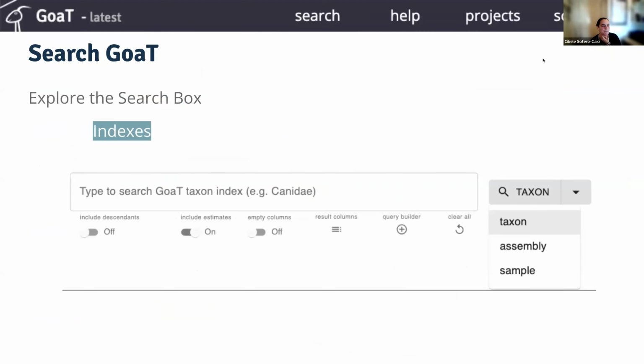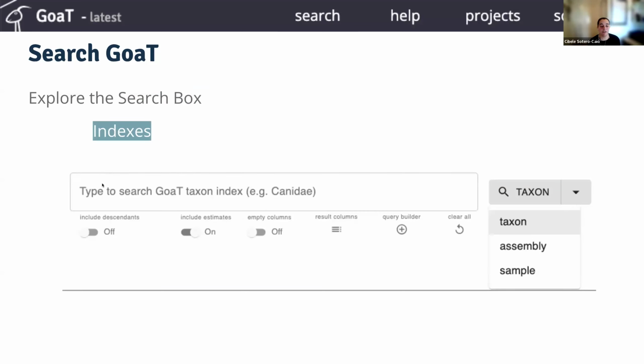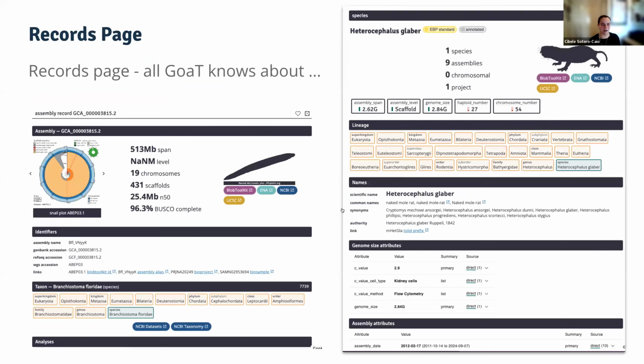So imagine that you are in this page, in this search box. If you just type your favorite species, let's say, my favorite species are all bats, so I forgot my example, but I don't know, C. elegans or whatever, and the naked mole rat. Oh yeah, the Amphioxus. If you have selected the taxon index, and you click on top of the name of the species, once you get the table, then you see this page here.